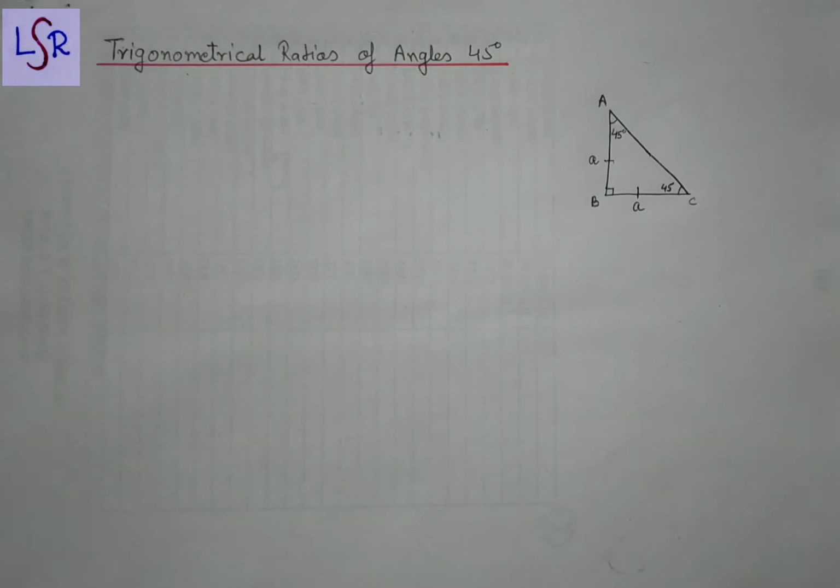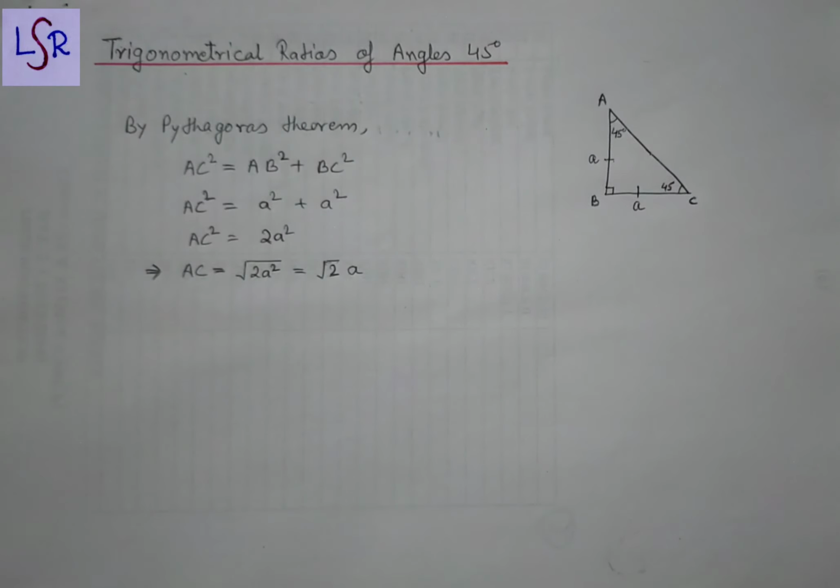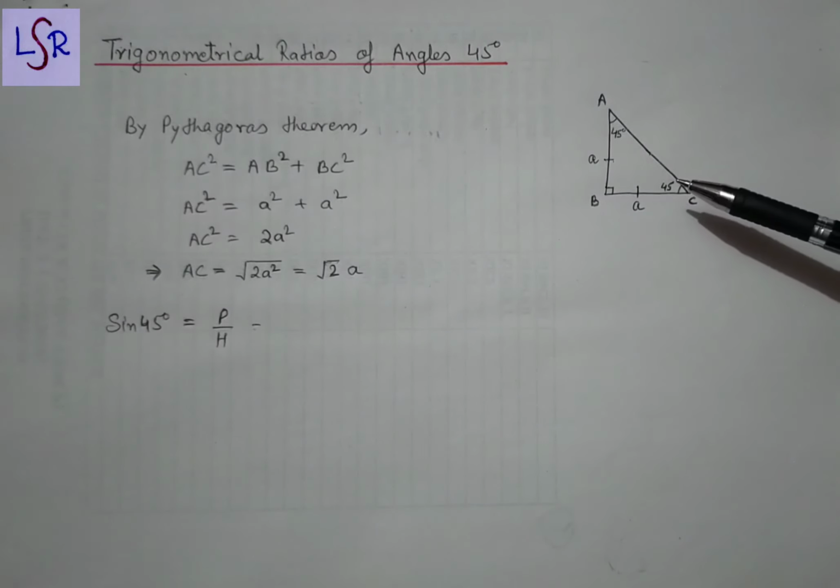Now as we have taken these two sides A and A, we can find the length of AC by the help of Pythagoras theorem, and here we get the value of AC square as 2A square. Now by taking the square root on both the sides, we can find the value of AC as root 2A. Now with the help of all of the sides, we can find the value of sin 45, cos 45 and tan 45. Here we take the sin 45, and for the sin 45 it is perpendicular upon hypotenuse. Here we can take this angle as a 45 degree angle, as the base angle.